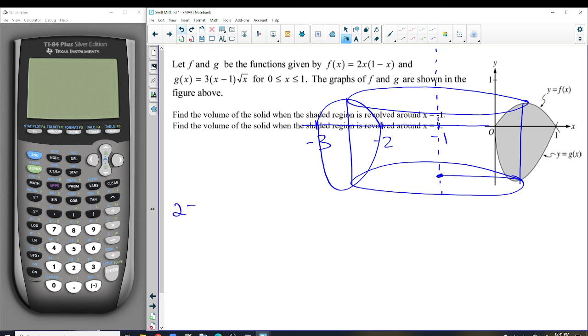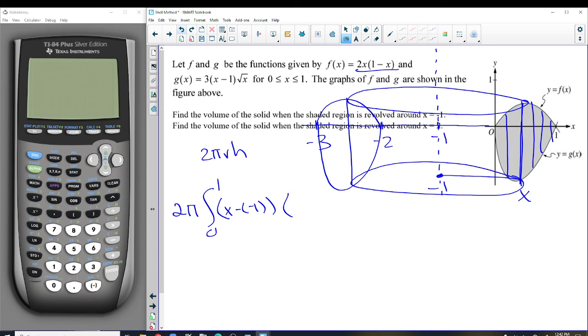All right, 2 pi, integral from 0 to 1, because we're picking the edges from 0 to 1. So remember it's 2 pi r h, the radius is the x value minus -1. So I'll write it like that, x minus -1. You can put x plus 1, of course. And then the top function is the quadratic. It's this one right here. So then f of x minus g of x to get the height. And when you do that on your calculator, you get